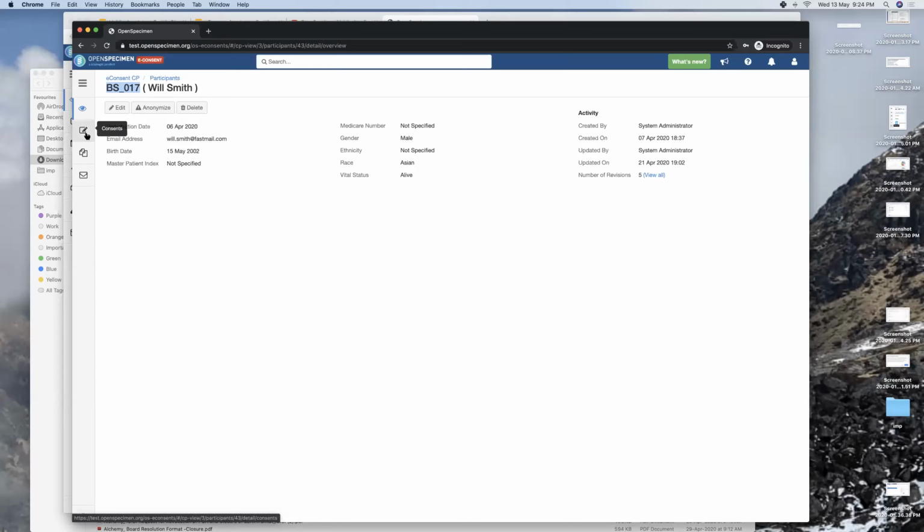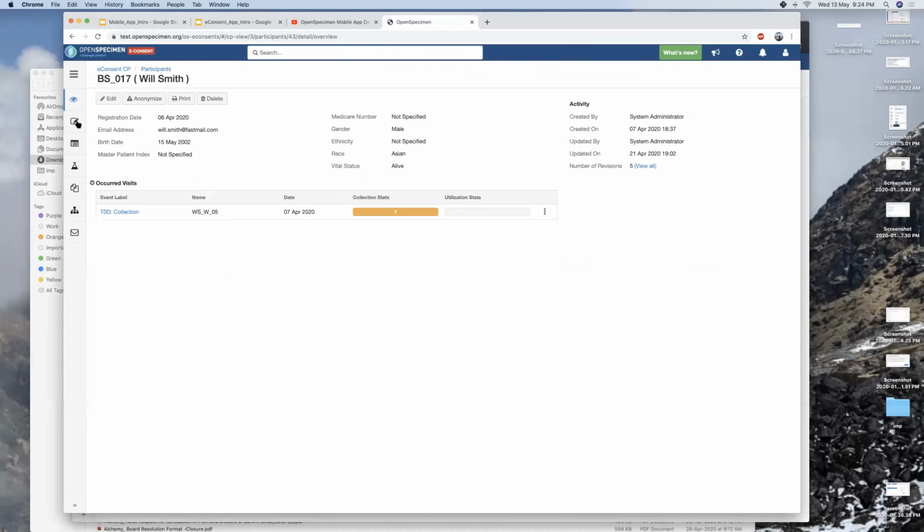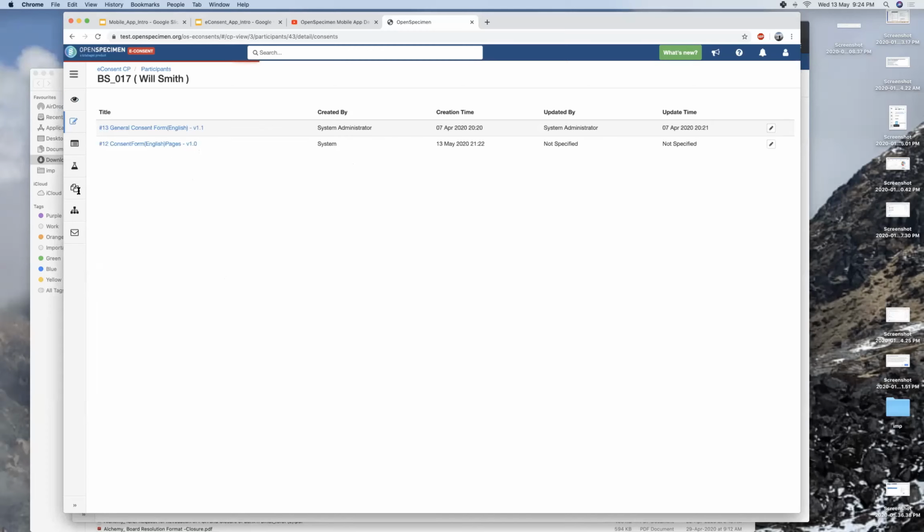in Open Specimen, but with the option to now create users without access to specimens, you can create pretty much clinical coordinators who just do the patient registration and the collection of data at the patient level, and the lab staff who can then do the rest of the processing for that patient. If you're a normal user, obviously you can see the same amount of stuff along with the other things in the system.